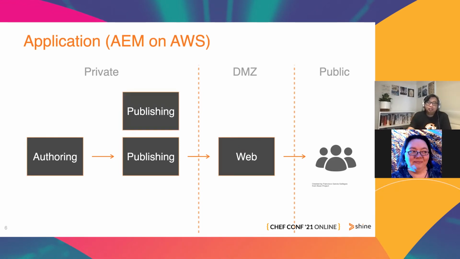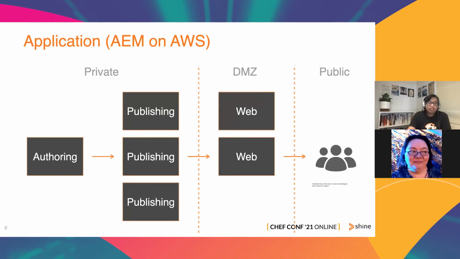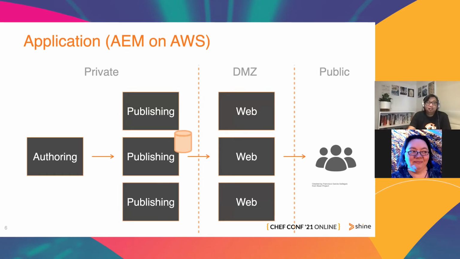The publishing component can be scaled horizontally. So I'm just putting 3 here as an example, but it could be more. And same thing with the web component. So it can be scaled. Nothing unusual, still standard stuff. So on the publishing side of it, it has a data repository, like a database. So that's where the important content and configuration, some secrets as well, are actually stored. So parts of this content on the data repository can then be streamed to the web component layer.